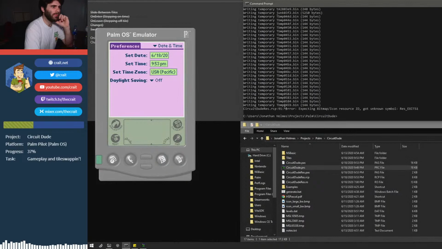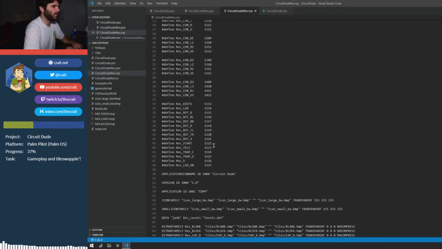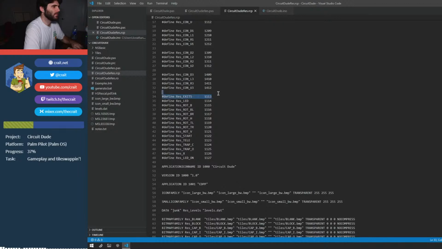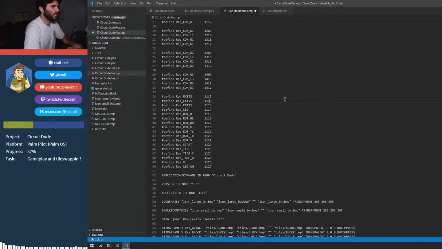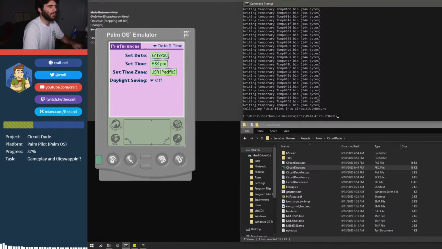Oh, here we go. Generate res exits 1. Oh, that's right. There's one more thing up here. Two, three, 1, 2. Okay, that worked, and now